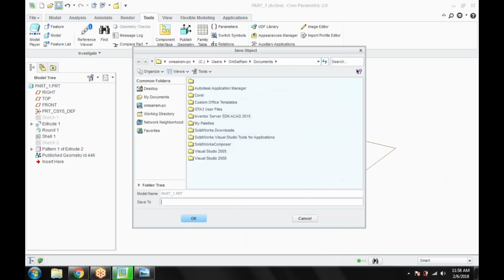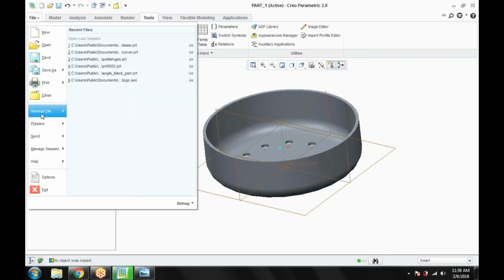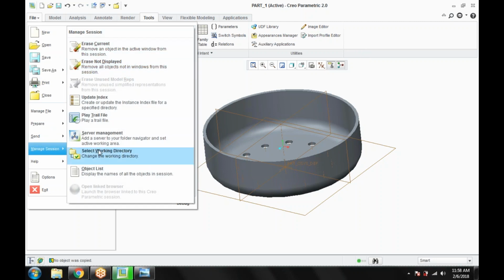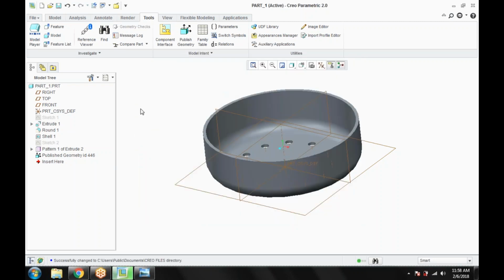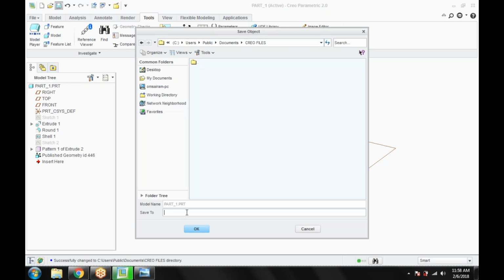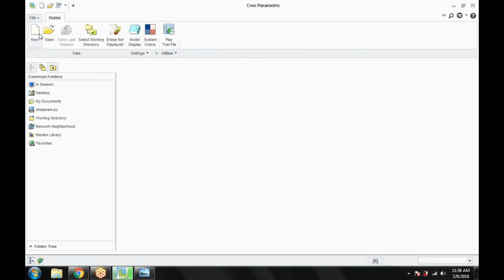Save the feature, and the part I'm saving somewhere. In manage session, I'm giving the select working directory, and now the Creo files which I have already created. It is a folder in the working directory, and now I'm saving the file here, part_1. Click exit. Now again I'm going to start a new file,